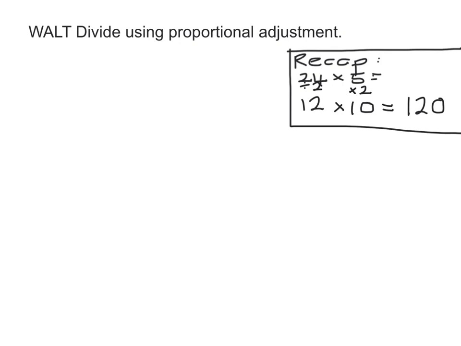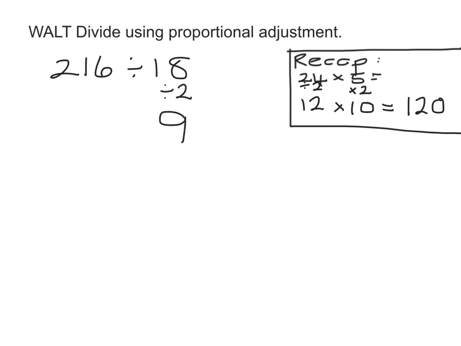Right, now turning our attention to division, and we have a problem: 216 divided by 18. Now the important thing to note here is that whatever activity or action you perform on one of the two numbers in the division, you have to do exactly the same to the other. So I can see that both numbers can be divided by 2. They have a factor of 2, so I'm going to go to my 18 first and divide that by 2,